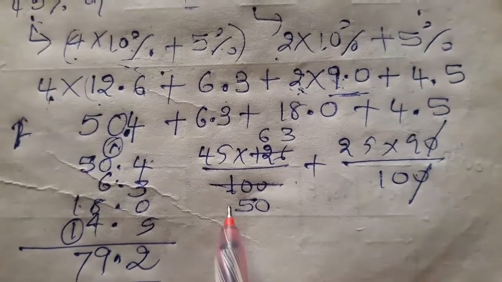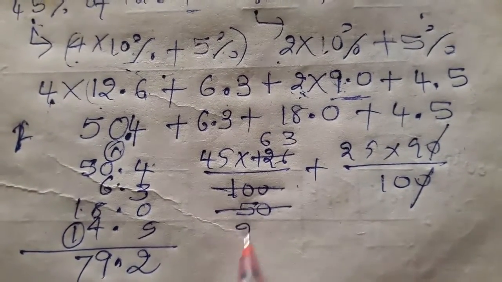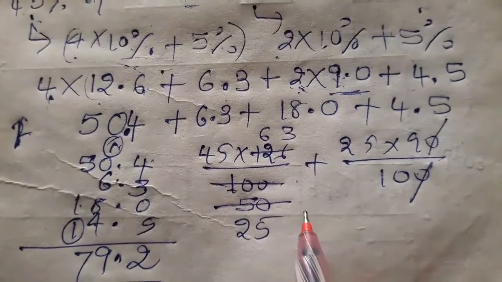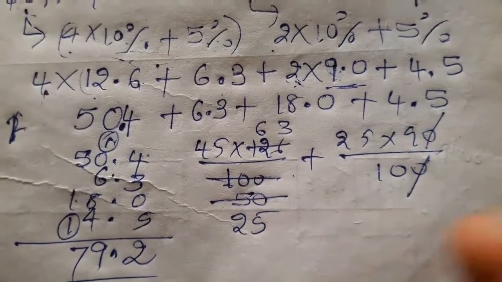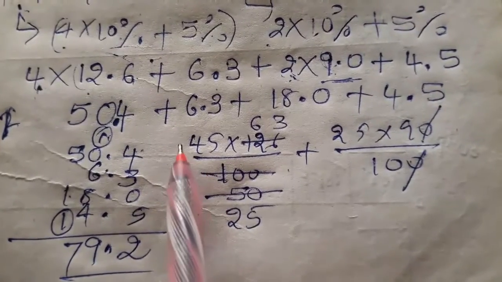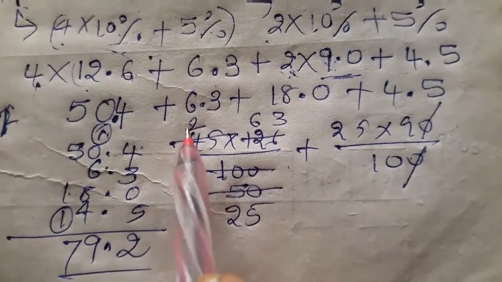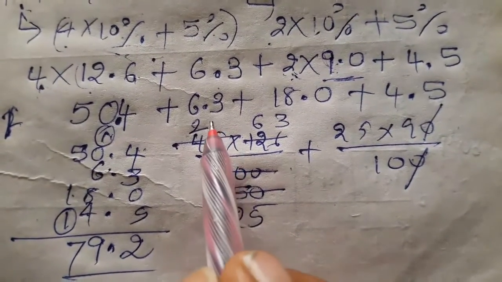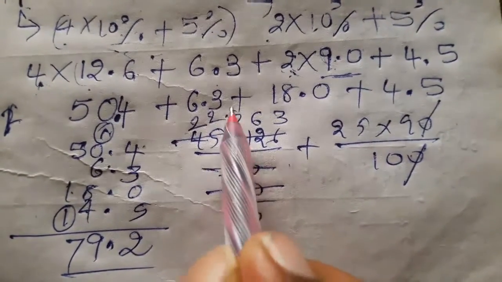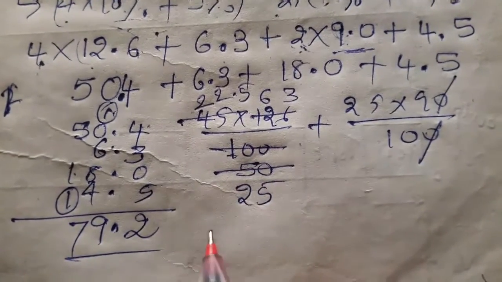Now 2 twenty-fives are okay, but this becomes 2 twos are 4. Yes, 2 twos are 4. Once again 2 twos are 4. Next one is there, 2 fives are 10, isn't it? So this should be